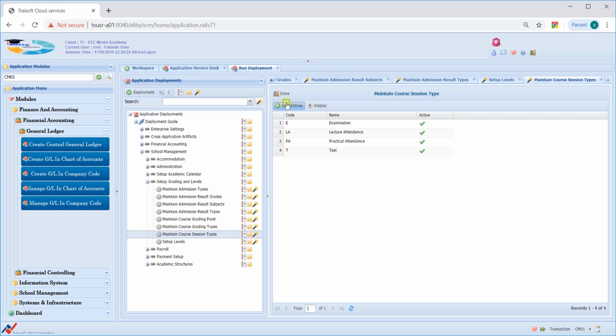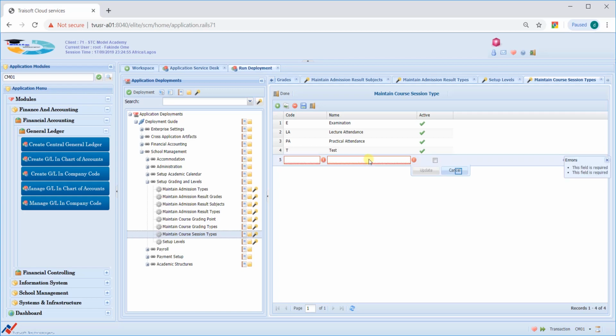And it's important that you set them up, because later down within the system, when we begin to access the functionalities of the system proper, we will see that we'll be making references to these session types, and it's important that we have defined them properly so that we don't make a mistake when we're using them and use them wrongly. And it's very simple to set up. A 2-digit code on this side to identify. You can always add new ones. We can click on our new and then add,